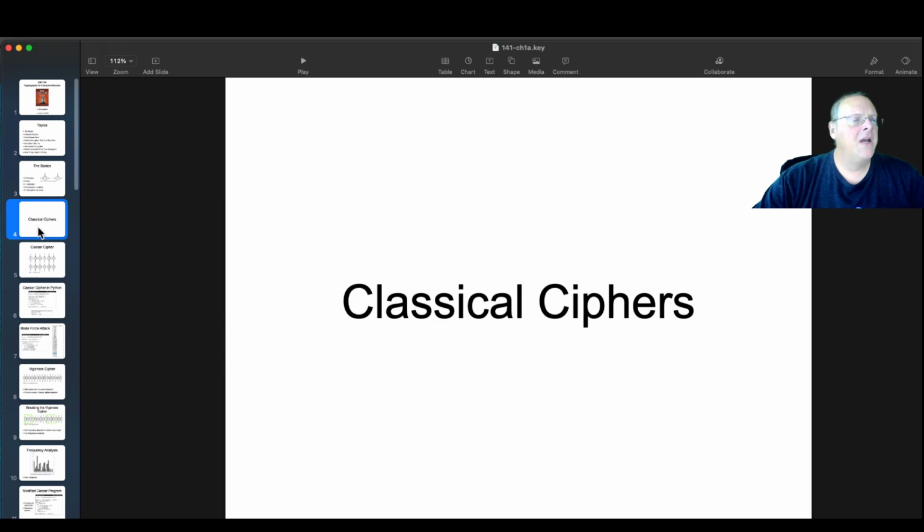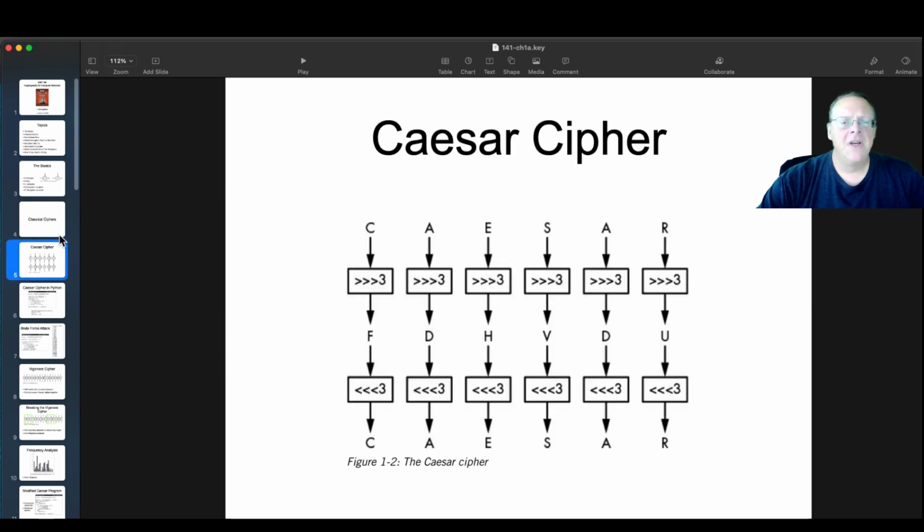So the classical ciphers, this was military strength encryption 2,500 years ago. You would take a message like Caesar and you would just move every letter forward a couple in the alphabet. So C would go D, E, F, A would go B, C, D, and so on. So you'd write this message, and in an era when most people could not read at all, even a small amount of scrambling like this was enough to make it very unlikely that anybody would figure out how to read this